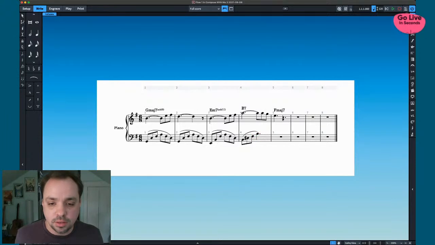Then I like this idea of that falling line. Yeah, I think we'll do that.